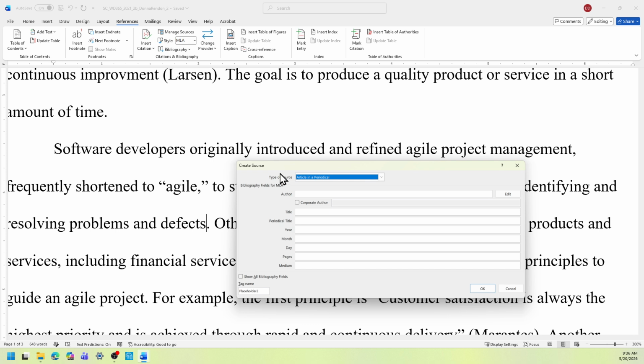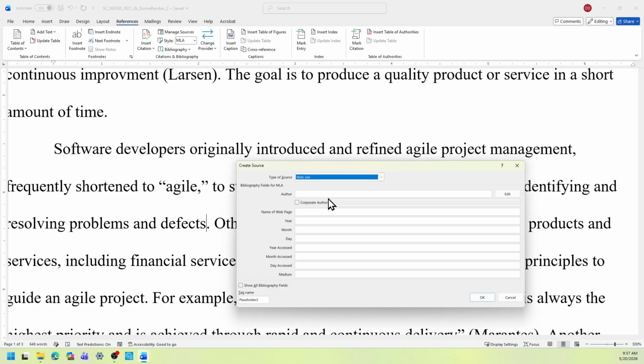So this is the form for Create Source. Make sure that for the type of source, you select the drop-down menu and look for Website. Select Website. The author's name is Ross Ted.